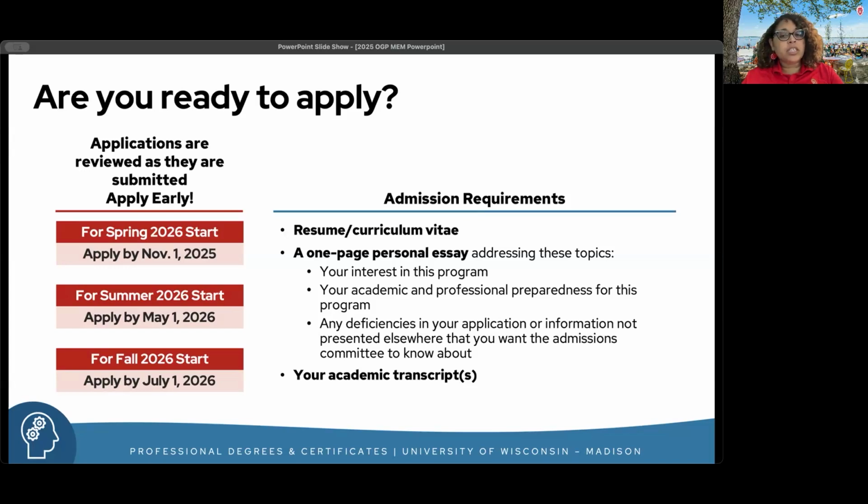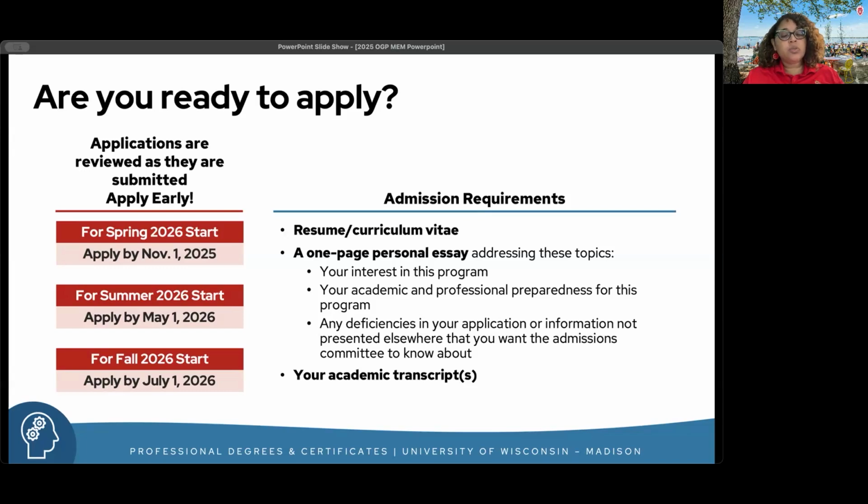Part of your application is going to ask you to provide a personal statement. There is no set template for this statement, but this is your chance to really let the committee know more about your background and why you would like to participate in our program. It's really your chance to help the committee know you beyond your transcript, beyond your resume.